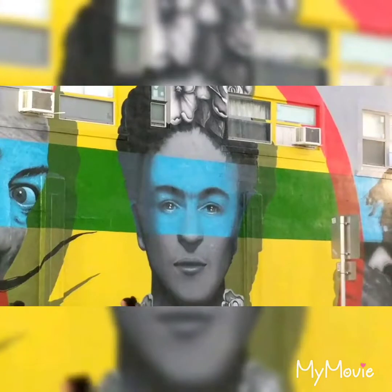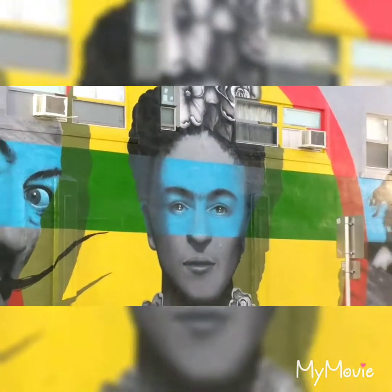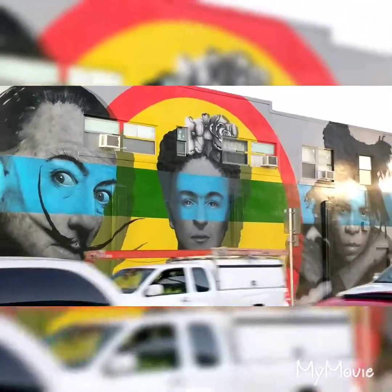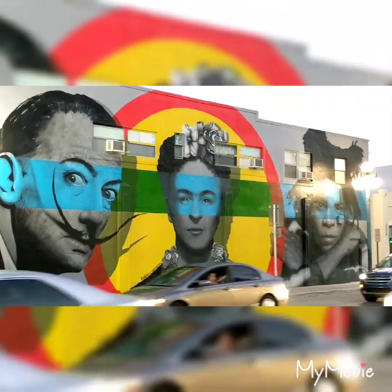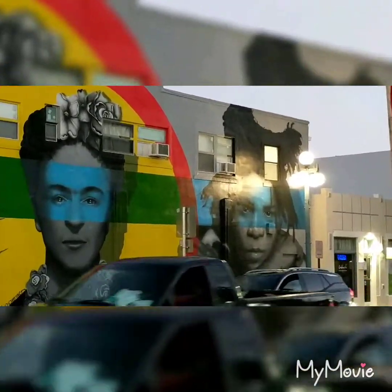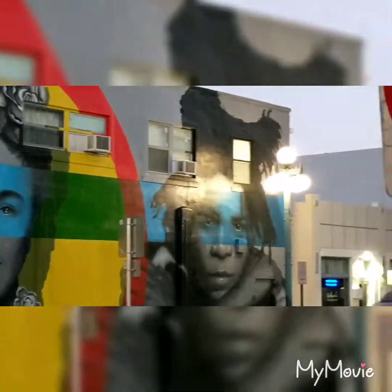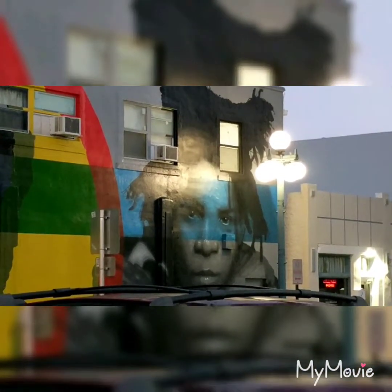Right? No. So it's Salvador Dali, the artist Frida Kahlo, and again, Basquiat. So this mural was done by Fabio Onrak, and it is our most recent mural. It was completed in November of last year, and like I said, it's the 3 artists with some graphic detailing, and this particular mural